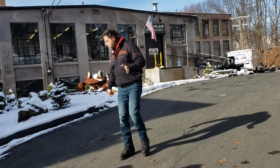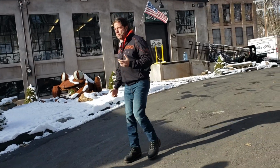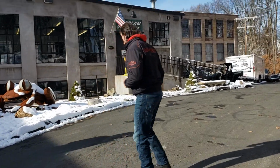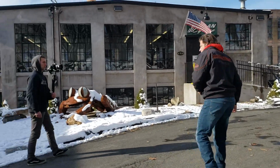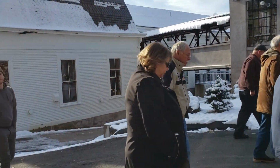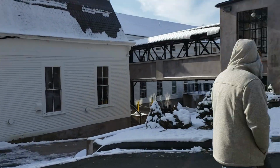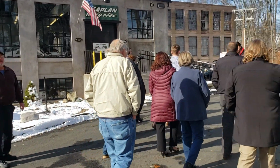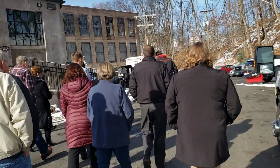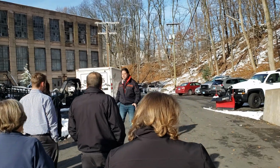If you go up Union Street, you'll see the former mill that's been turned into Loom City Lofts. Absolutely beautiful, $21 million project. If you go to Grove Street, there were 10 abandoned factory buildings that were dismantled there. That was all cleaned up. That's another $25 million project. We invested about $7.3 million here, and there's been over, I don't have the exact number, but somewhere in the